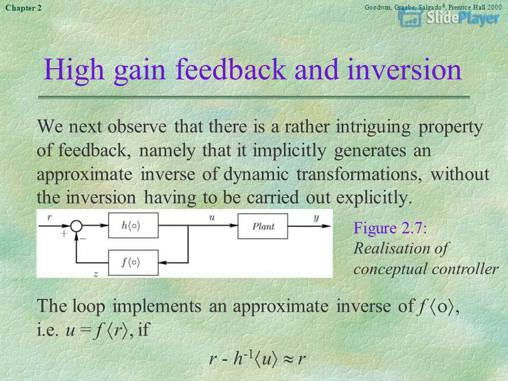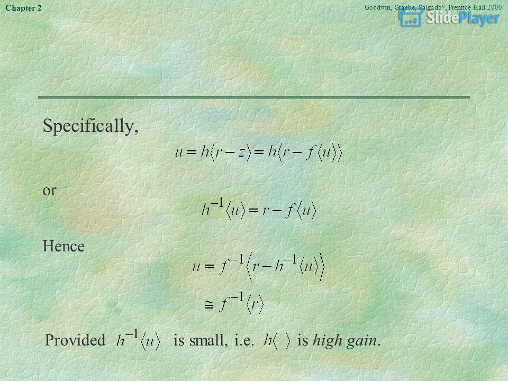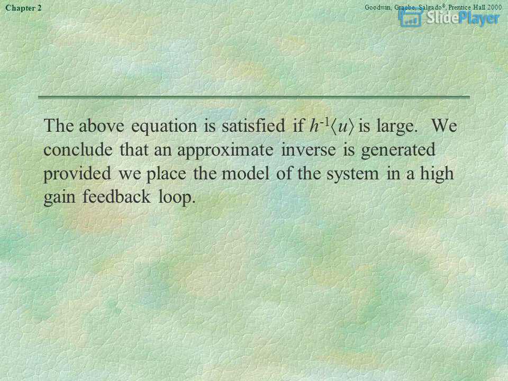U equals F R, if R, H1 U R. Specifically, hence, provided is small, i.e. is high gain. The above equation is satisfied if H1 U is large. We conclude that an approximate inverse is generated provided we place the model of the system in a high-gain feedback